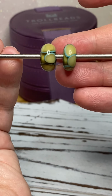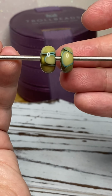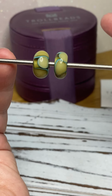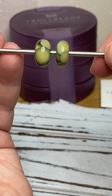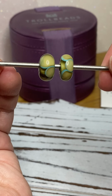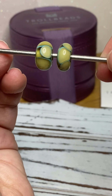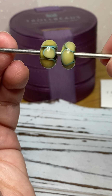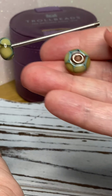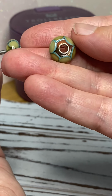I can really see using this in the fall, especially, and then also I think it goes well in the spring and the summer as well. I mean, it's just that beautiful olive or chartreuse green, and then it's got the beautiful aqua just kind of lining the tips of those beads. And to give you an idea, this is the profile view on the one side,